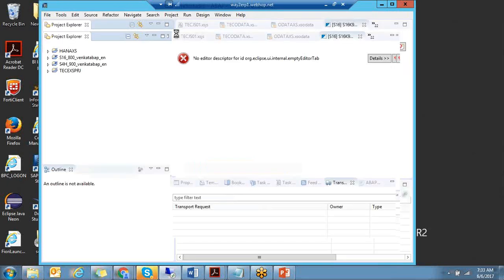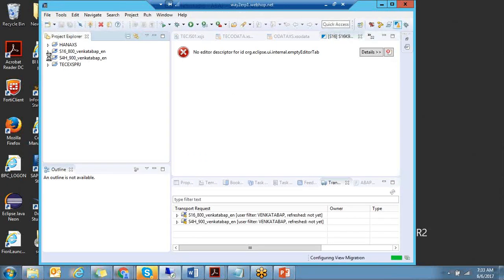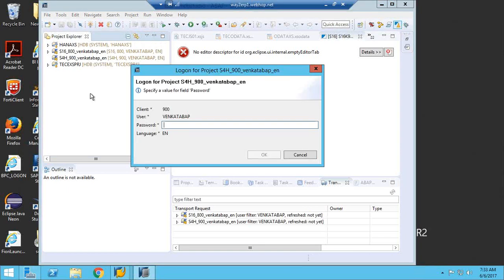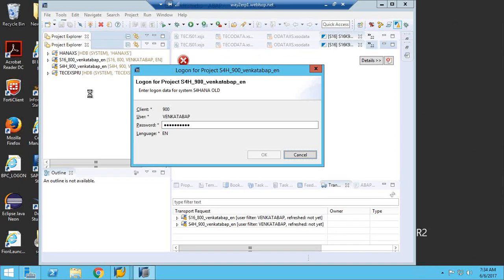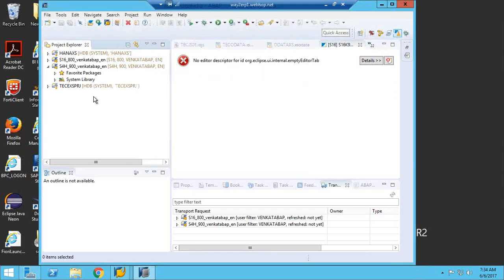See, if you want to see any ABAP related object, you can open it here.